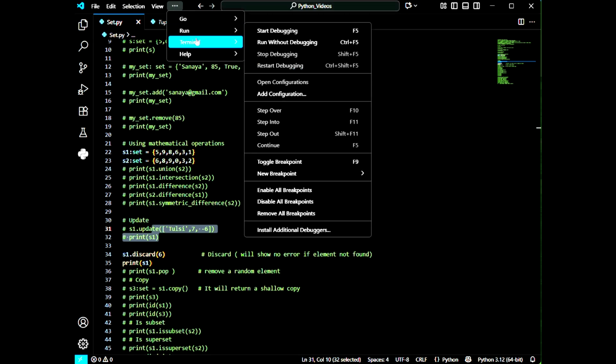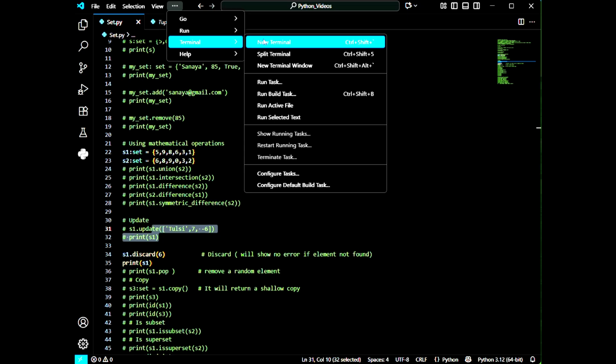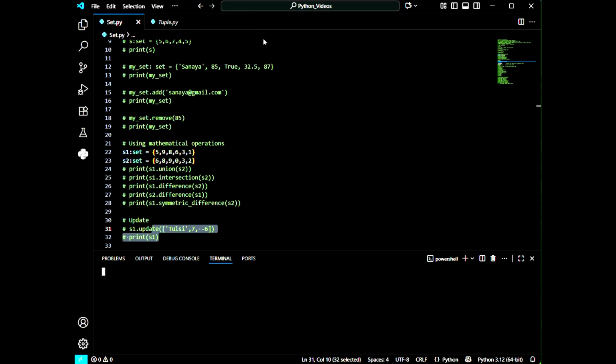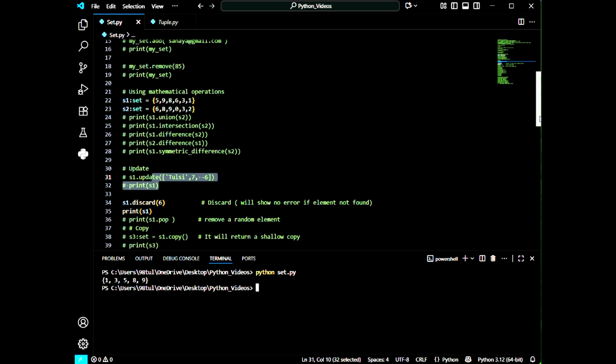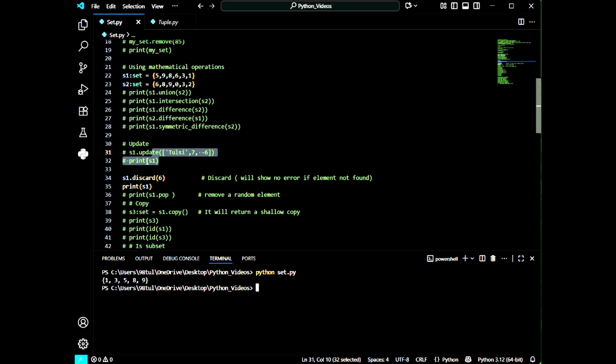Let's go to the terminal, then new terminal. So we got 1, 3, 5, 8, 9. That means 6 got deleted. What if the element is not present in the set? Okay, if I discard element 7, what will it give me?